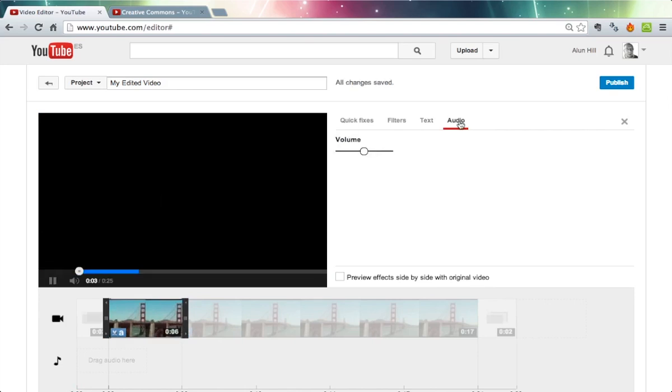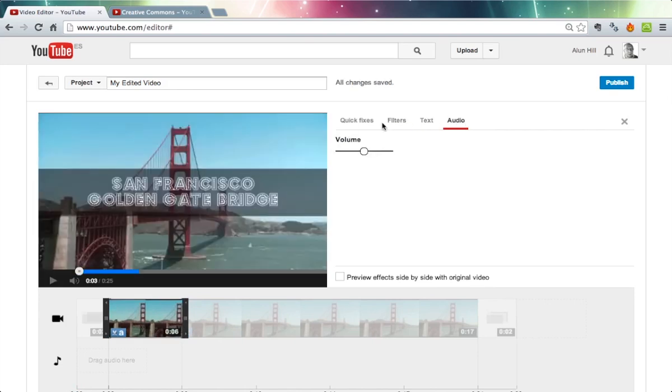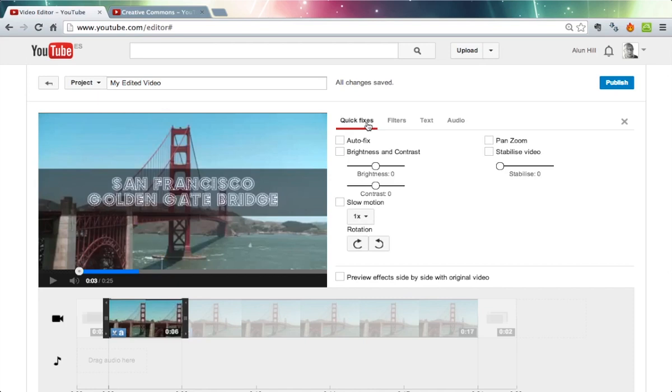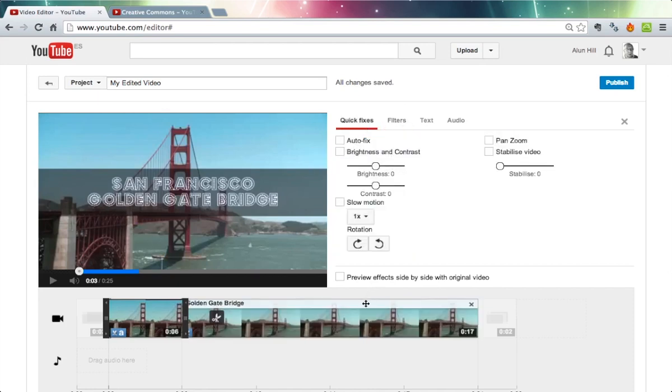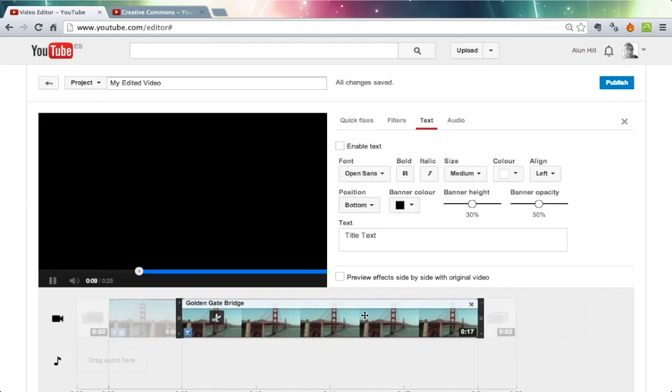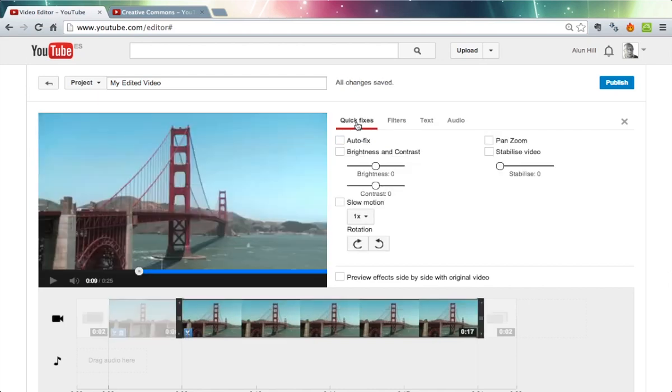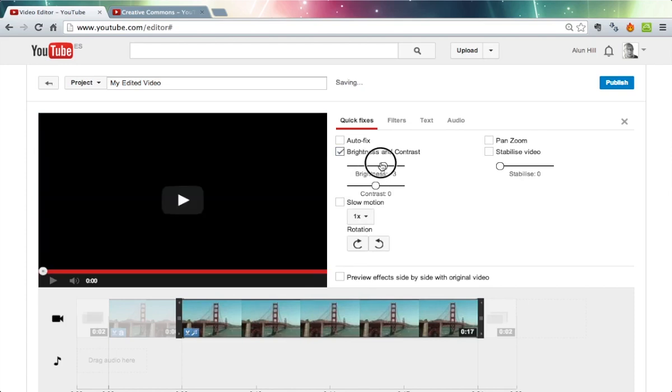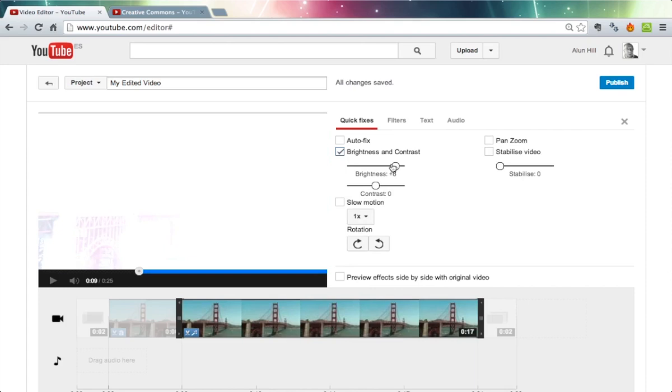Audio is in there. We can actually adjust the volume of the audio if you want to do that. And some of these quick fixes are really good, and I'll show you those next. Let's assume this video, let's take this bit, this is going to be silly, but I'll just show you what can be done. I want to turn the brightness right up on that. It's going to look awful. It's going to take them a few seconds to do. It's very awful. But what you can do